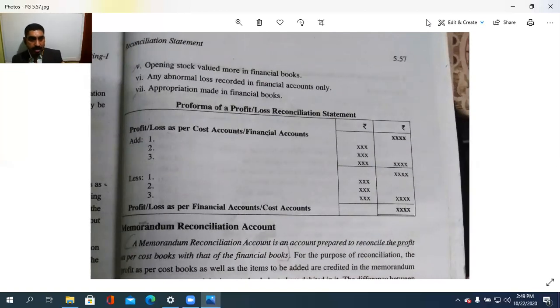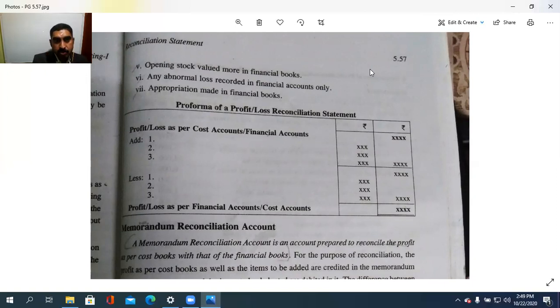ഓക്കെ. So I think in corporate accounting that is there. So appropriation made in financial books. അപ്പൊ ഇത്രയും കാര്യങ്ങളാണ് ഡിഡക്ട് ചെയ്യേണ്ടത്, that finally we reached till the profit as per financial books. അപ്പൊ കോസ്റ്റ് ബുക്സ് എടുത്താൽ ഇത്രയും ഐറ്റംസ് ആഡ് ചെയ്യണം, ഇത്രയും ഐറ്റംസ് ഡിഡക്ട് ചെയ്യണം. അപ്പോൾ നമുക്ക് കിട്ടുന്ന profit as per